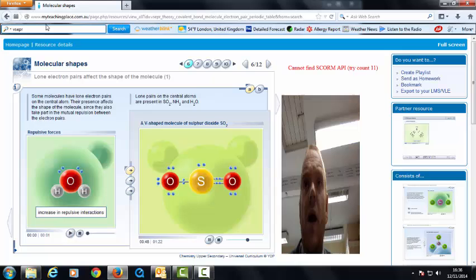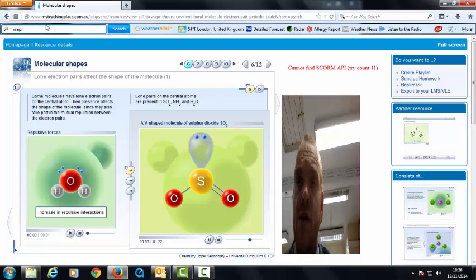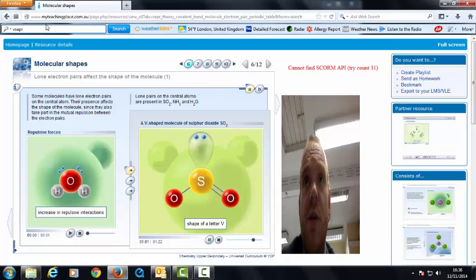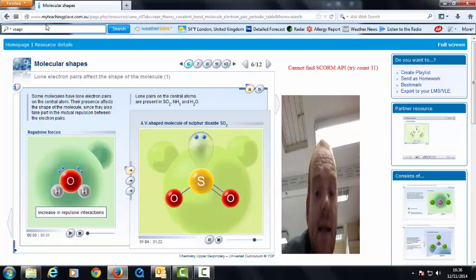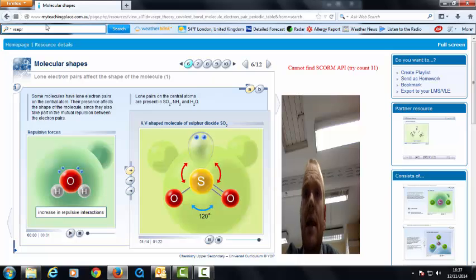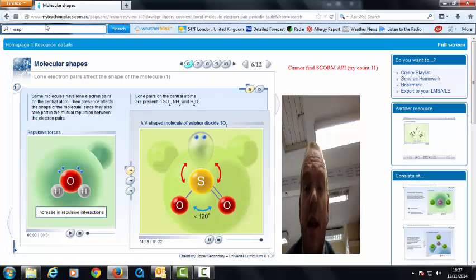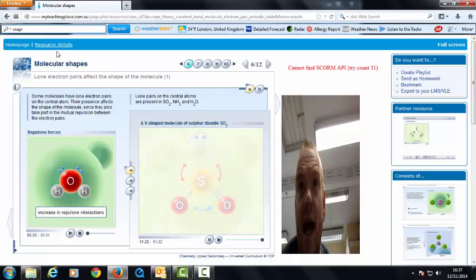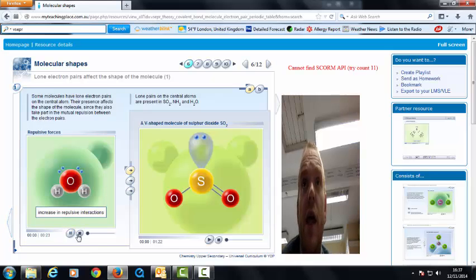However, the sulfur lone pair reduces that bond angle because of the repulsion. So I'm getting a V-shaped molecule again. However, this time the bond angle is not going to be as low as 104.5 degrees. There is still going to be some repulsion shown between the electron cloud and the bonding pair. I would have 3 electron pairs in total, so I'd expect a bond angle of 120, but the lone pair